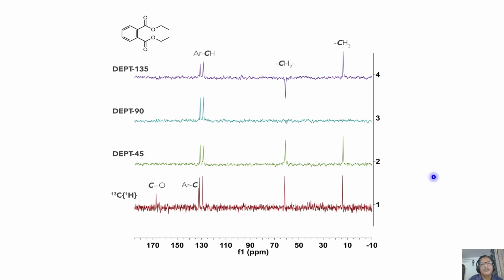Understand? Of course, you may ask me a question: why is it negative, what to do with that? This is only phasing. When we do the practical considerations, I will tell you, this phasing we can always make positive, with phase correction later. But this is the way. Now, proper combination with the scaling factor, proper addition and subtraction of all these can give you a CH only spectrum, CH2 only spectrum, CH3 only spectrum, or quaternary only spectrum. This way, even in a very complex molecule, you can do the decoupled spectrum and also identify the carbons based on the protons attached and make the assignment.